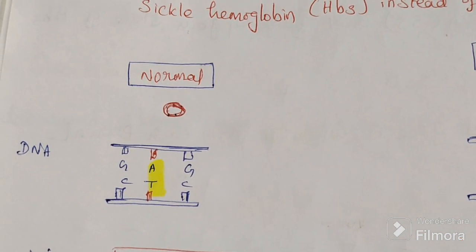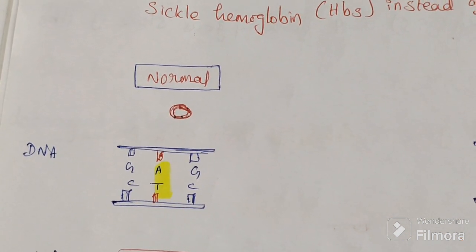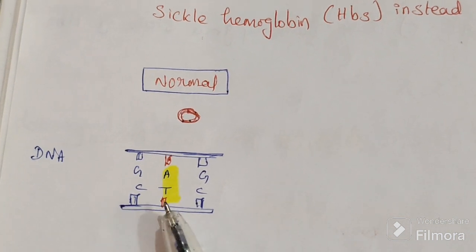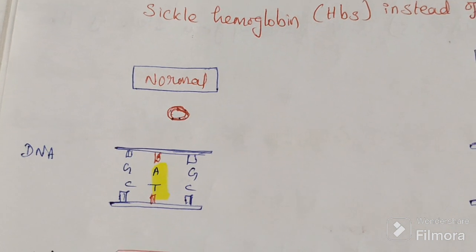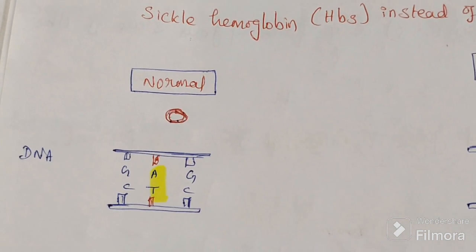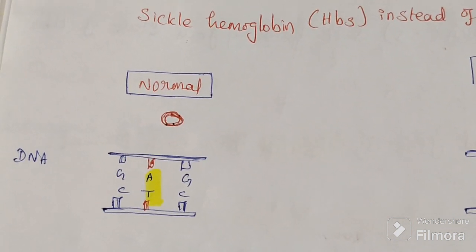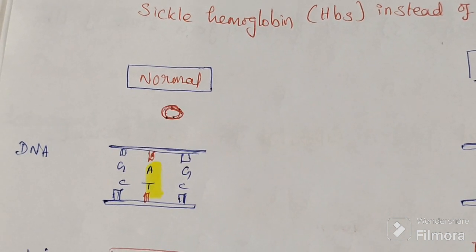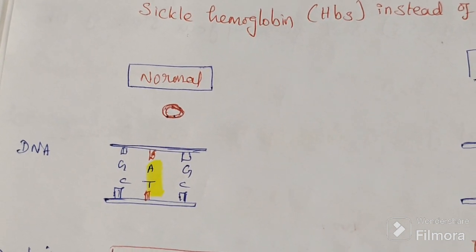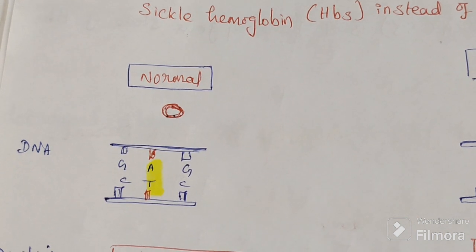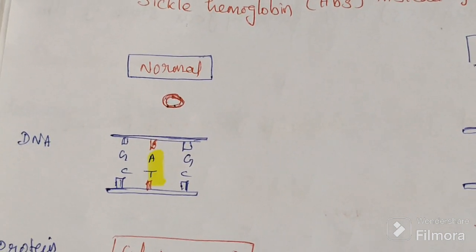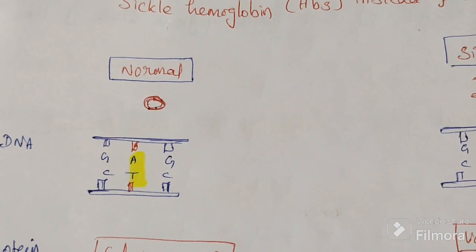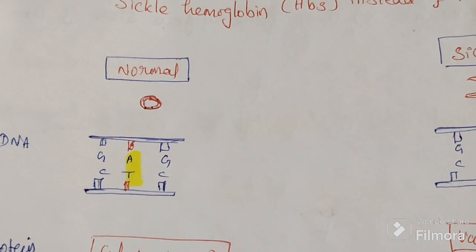The gene of that beta chain present on chromosome number 11 has various codons, which are triplet codons. This is the sixth number codon. So the sixth number codon is normally